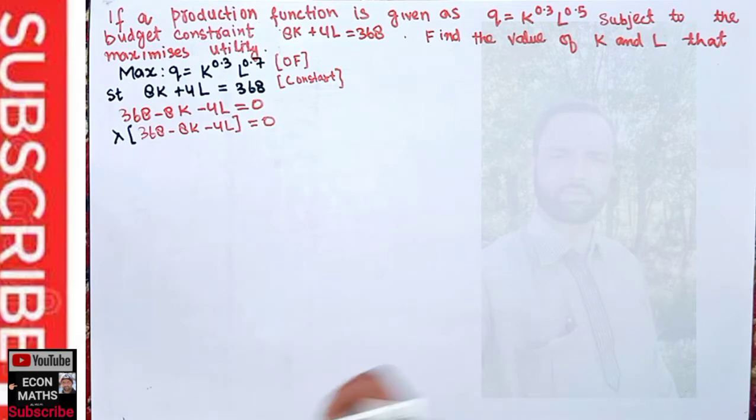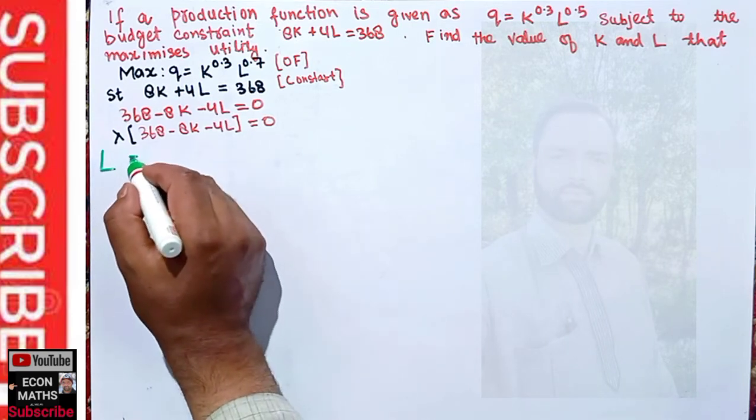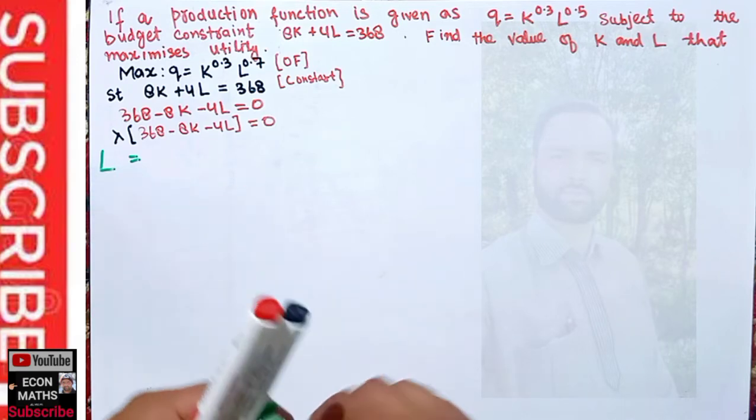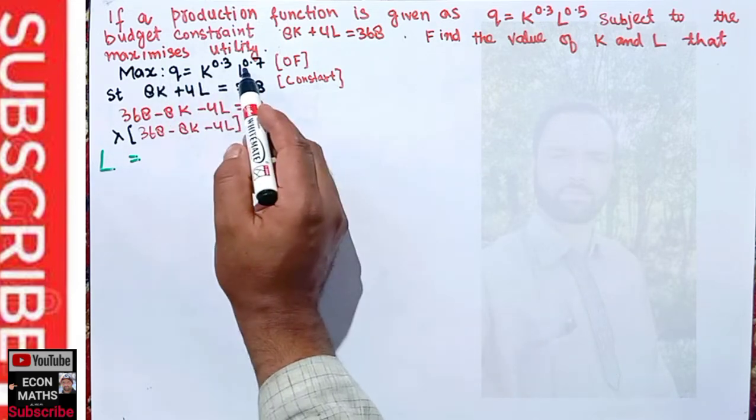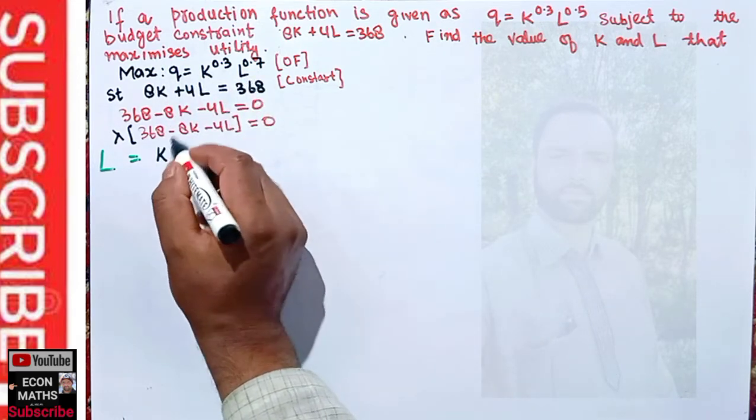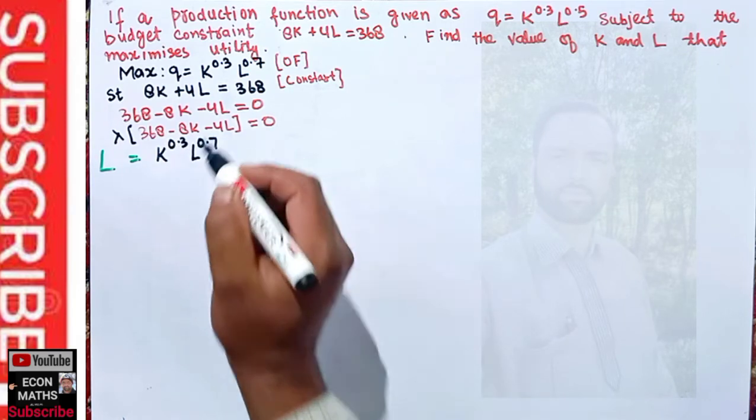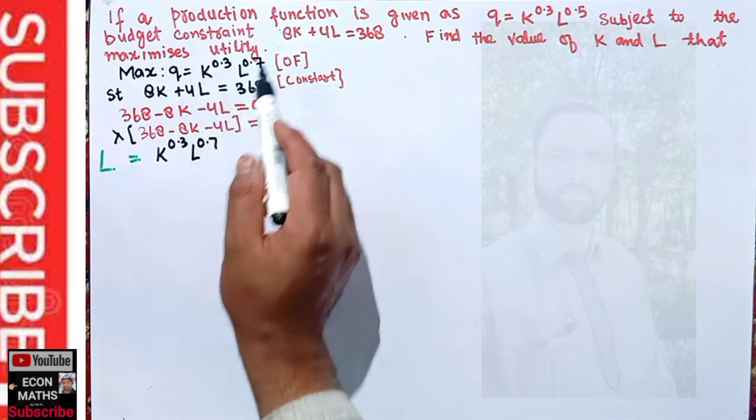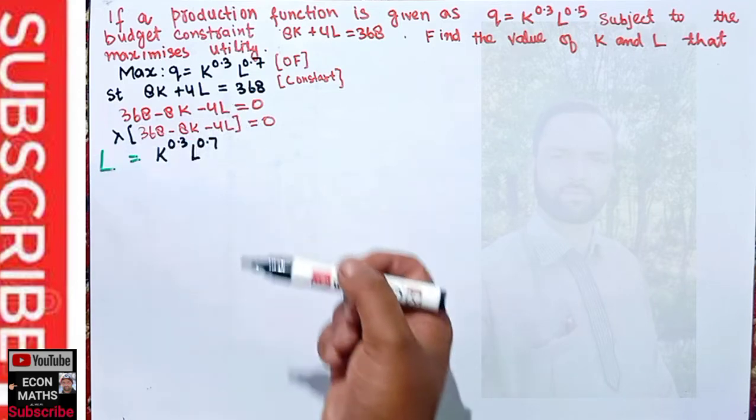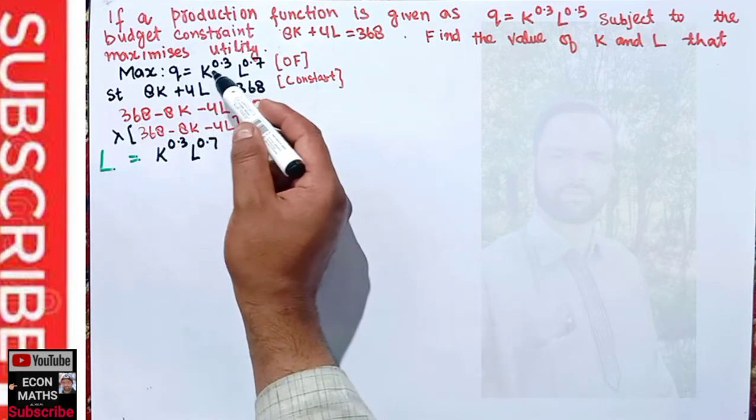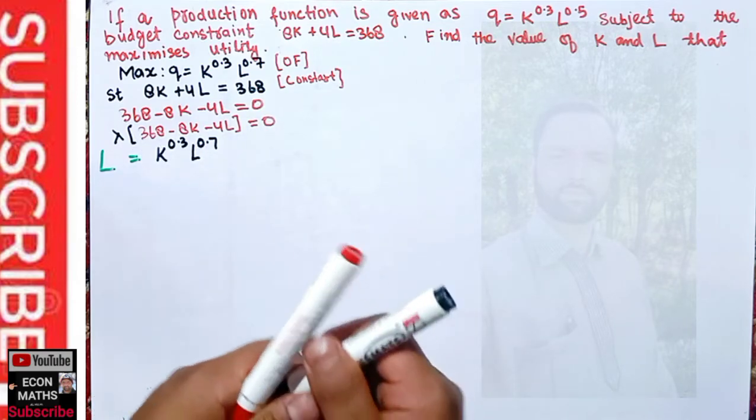After that we form the Lagrange's function. Obviously the Lagrange's function would be a function of capital, labor and lambda. It is equal to the utility function which is given, that is k to the power 0.3 times l to the power 0.7. We add the objective function and the resulting constraint, which is formed by multiplying it by lambda and setting it equal to 0. Okay, so this is our objective function. To this we add